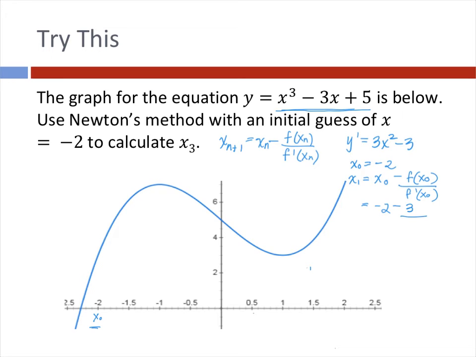And that's all over f prime of x naught. And so in this case, we're plugging in our value here. So if I plug -2 in up here, I'm going to get 3 times -2 squared, and that's going to give me 3 times 4, which is 12, and then I subtract 3 from that, and I'm going to get 9. So let's do the calculation. And I get -2.33 repeating. So I want to make sense of this number before we go any further,